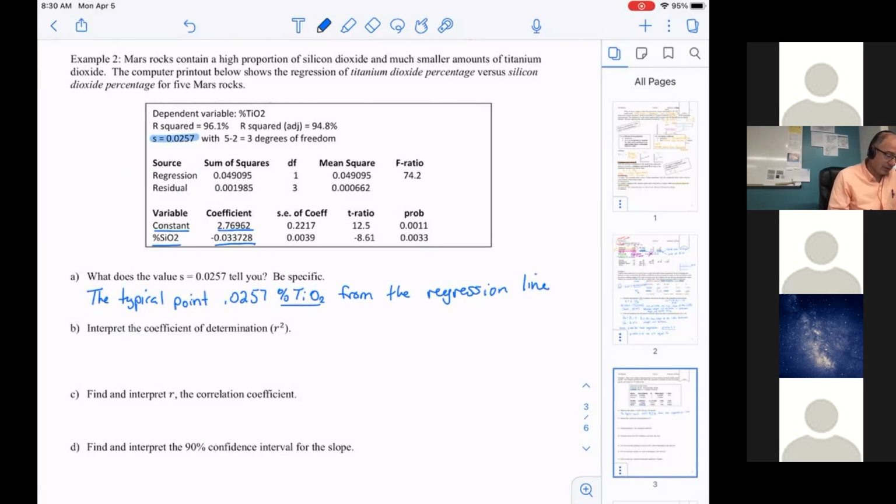It's been a while since we did some of this stuff, so that's why this problem is here. It says interpret the coefficient of determination, or R squared, so we can come back up here and find R squared. R squared is 96.1%. So that means that 96.1% of the variability